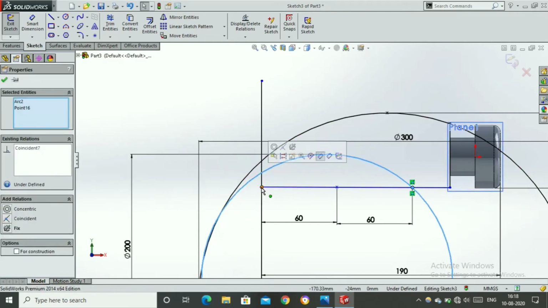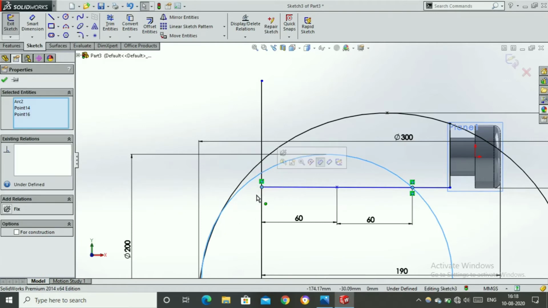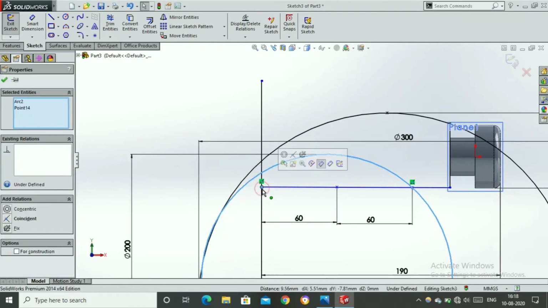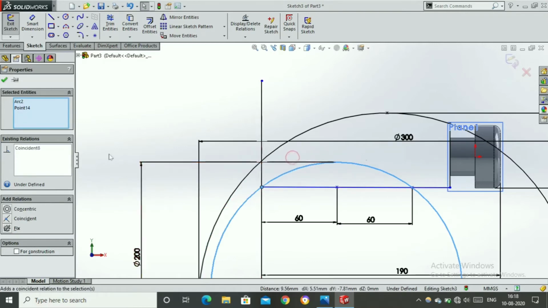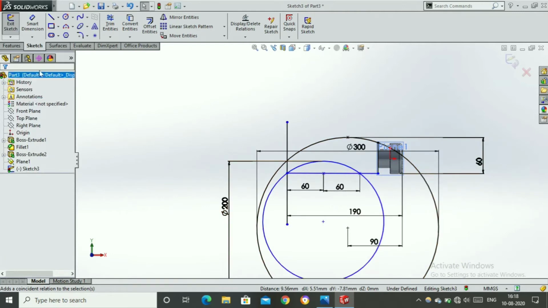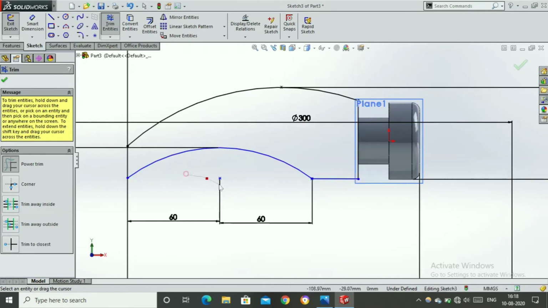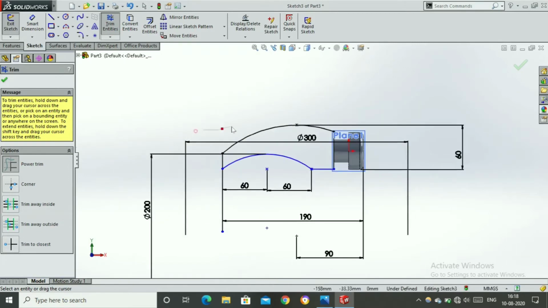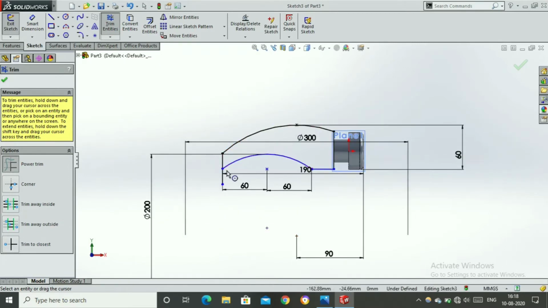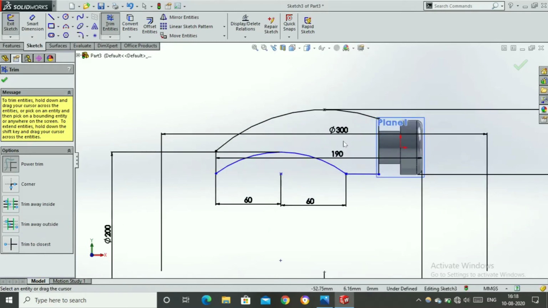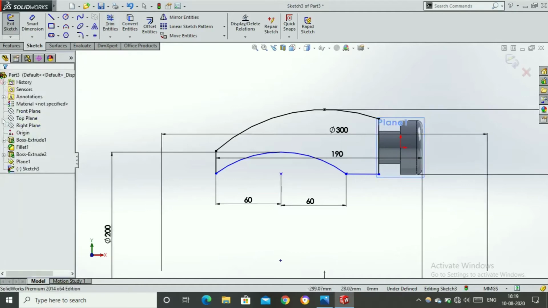Select the circle, select this point. Select the circle, select this point. Make coincident. Okay. So now let's remove the unwanted lines and arcs, and finally we're left with the right profile. Yes, okay.